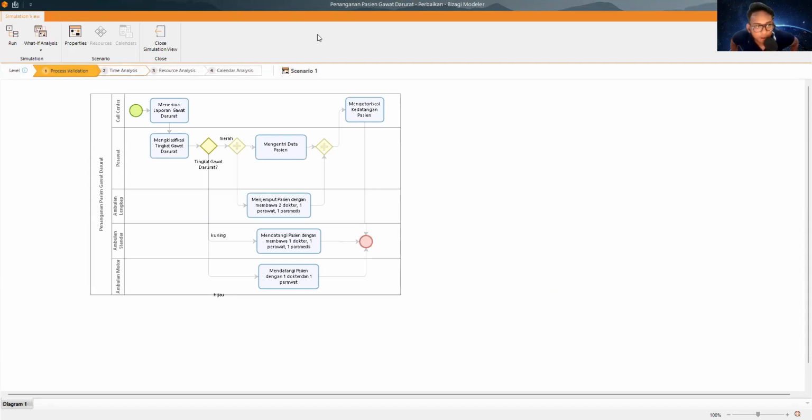After we click the simulation view, we have sessions in this part.